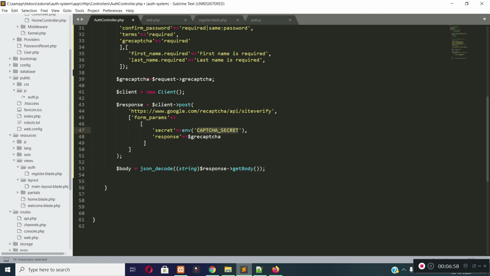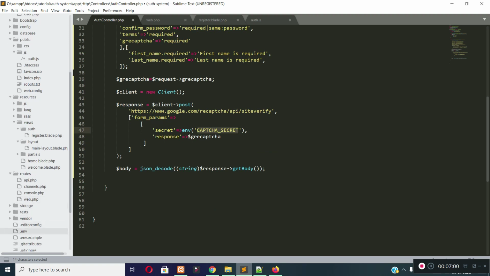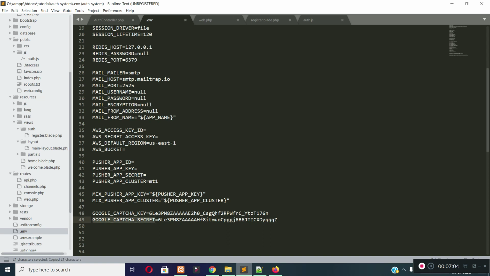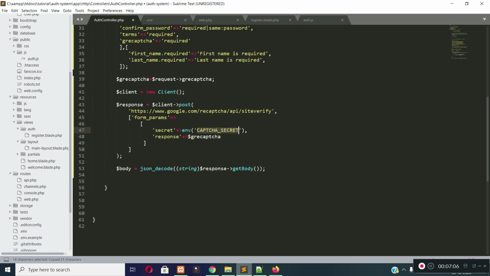And if you remember, we already stored our Google reCAPTCHA site key and secret in the .env file. So let's copy the key and pass it here. And after that, what am I doing here? Basically, I am converting the response into a string and then JSON decoding the response to create our PHP object.